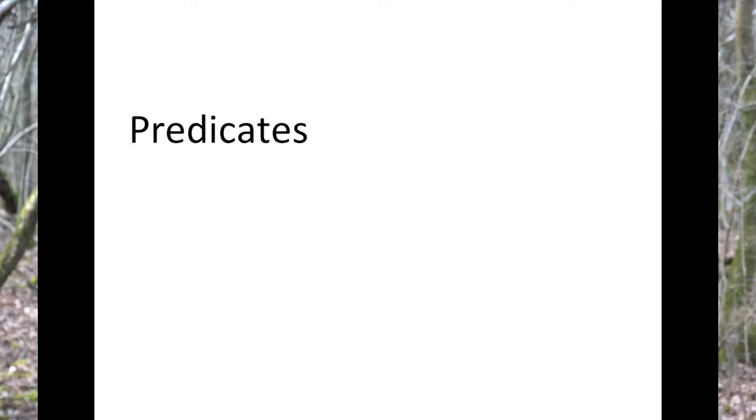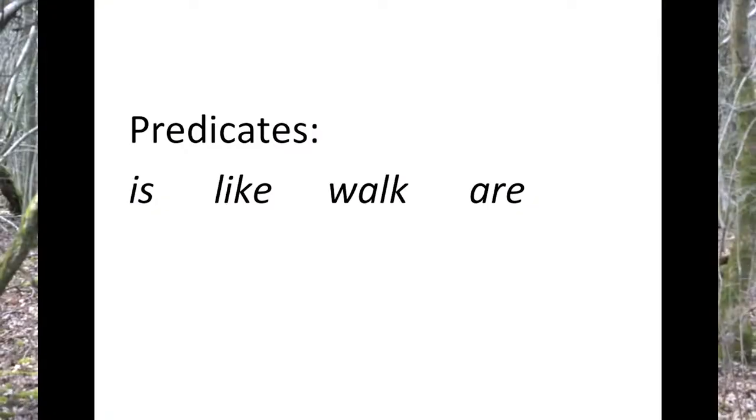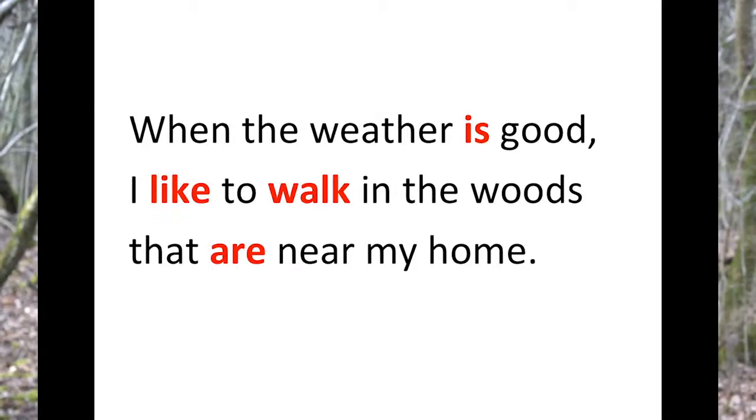In particular, to find the verbal elements that sort of go together. We have identified a number of verbs, and actually by looking at the parts of speech that we identified, we can see that there are 4 verbal elements. Is. The weather is good. Okay, so we have this is element here. Let's highlight that. The next one, like. I like something. Okay, like is another verbal element, and that's the beginning of one predicate we've got here.